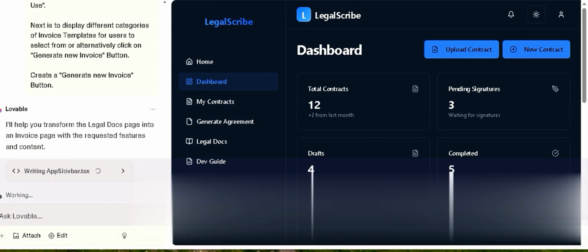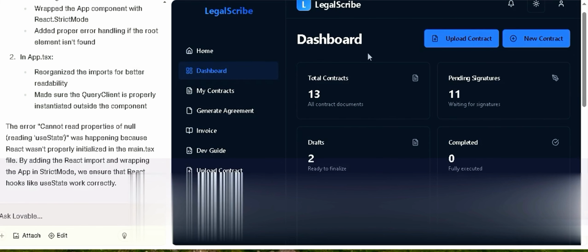I want to come and write code. So here we go. So now look at it, it's been added, and yeah, so let's click and see what's